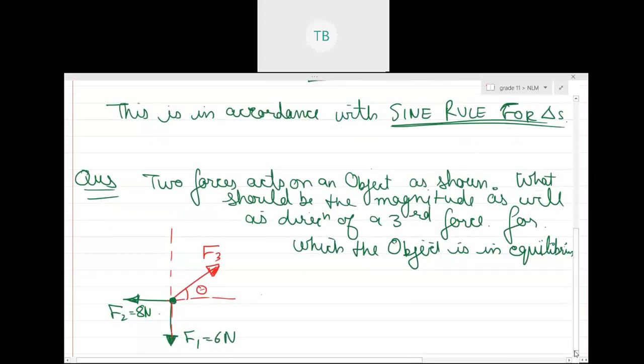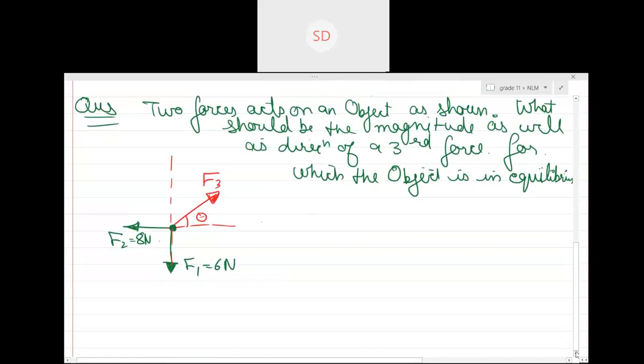So guys, what is the only thing which you'll assume? You'll assume that there's a force F3 which is acting at an angle theta. Do you remember rectangular resolution of vectors? Either that, or since I have taught you Lami's theorem, try to do it with Lami's. So can you see if this angle is theta, this angle is 90, right? This angle is also 90, this angle is also 90, and this is 90 minus theta. Yes or no?